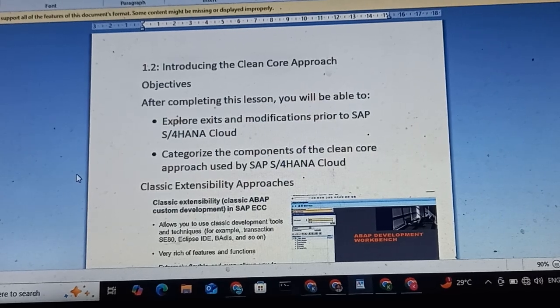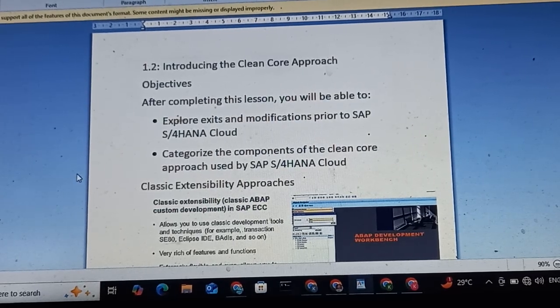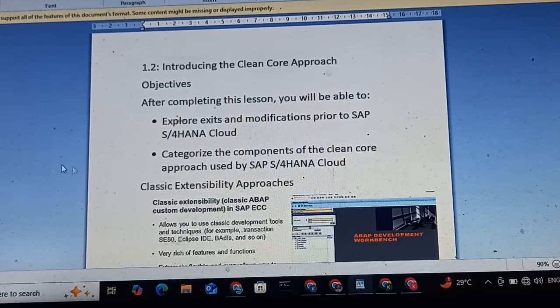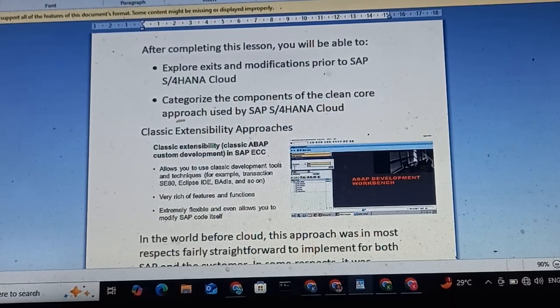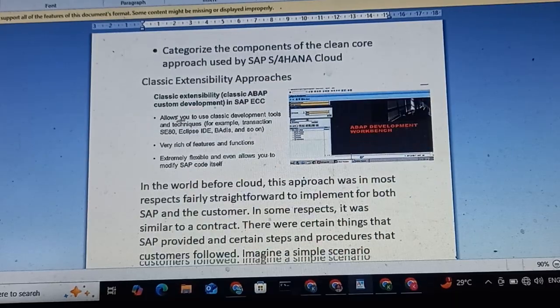Hello student, as we discussed in the introduction, the clean core approach on the whiteboard. Now we are on the laptop and I am showing you this is the classic extensibility, classic ABAP custom development workbench. So in the world